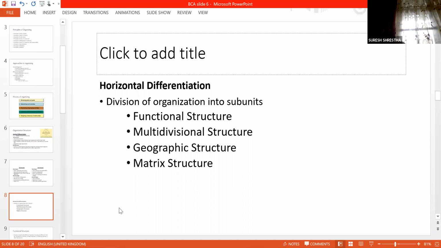Now talking about the horizontal differentiation. अब हामीले अघि vertical differentiation को कुरा गर्यौं. If you have too many layers, it is vertically differentiated. If there are few layers only, then it is less vertically differentiated. अर्को structure कस्तो हुन्छ भन्दा based on horizontal differentiation. Now we are talking about differentiation horizontally, not in a vertical way, but in a horizontal